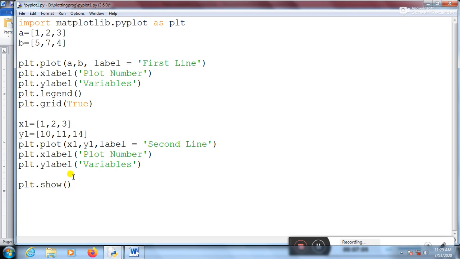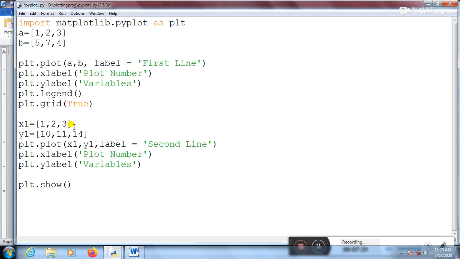The second plot I am creating by using x1 and y1, the label will be the second line, and then the same x label and y label I am giving over here. That means I am using two different data. Just see, this is the first data and this one is the second data. So I am using two different data for displaying a graph.